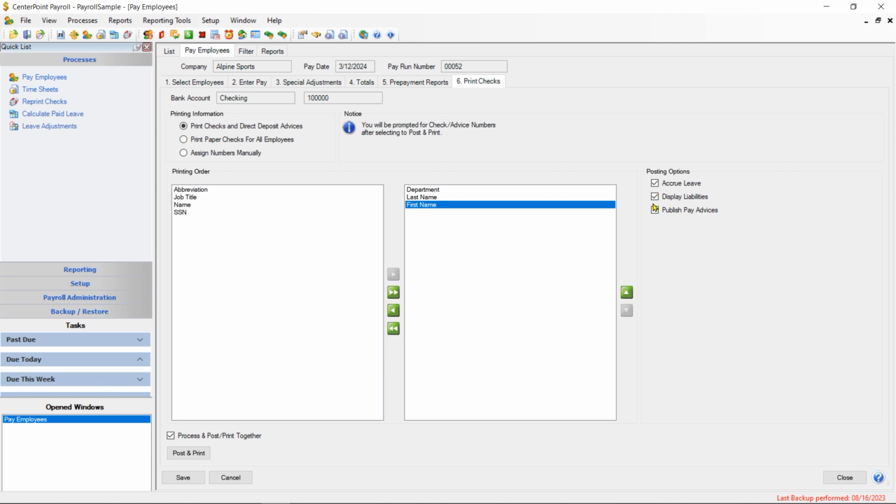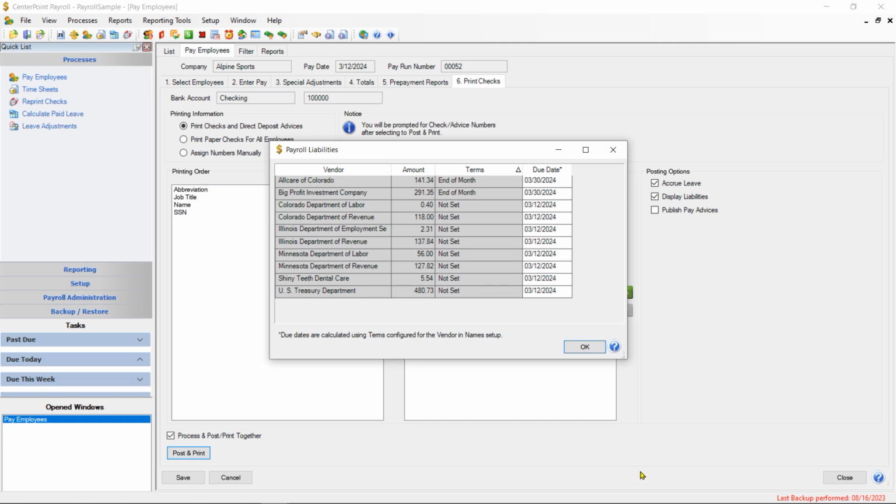If you want the system to show you a list of those liabilities and the due dates assigned to them so you can adjust them if you want to, you'll select this middle option to display liabilities. And we'll see that because I've gone ahead and selected that. And then if you happen to have our Publish Pay Advices module, you can choose to publish these pay advices as you're posting this pay run. It can be done in a separate step, and if you don't have that module, then you don't need to worry about this. I'm going to go ahead and click on Post and Print, and the first thing it does